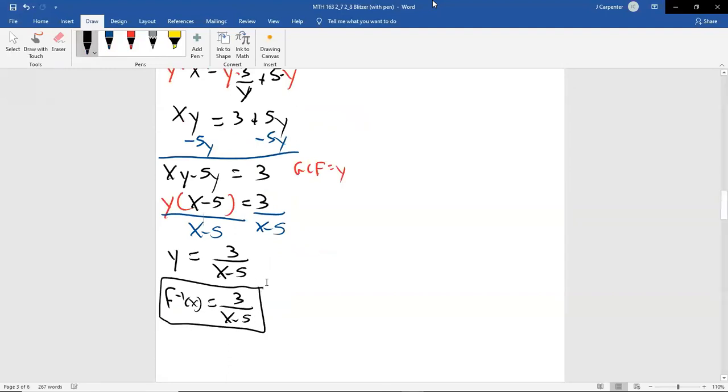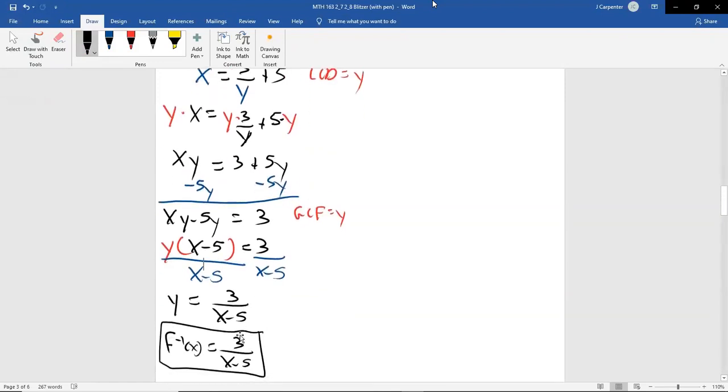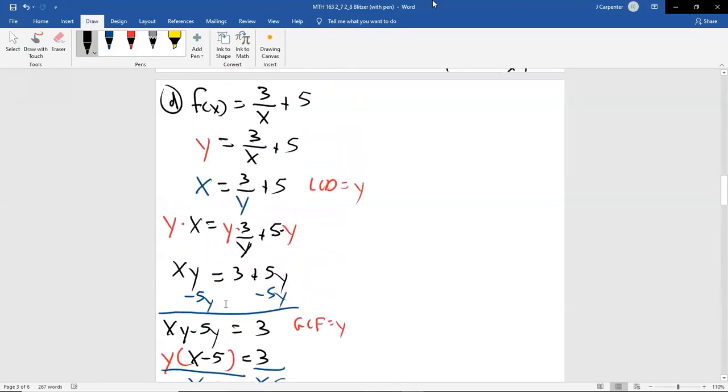The 3 and the 5 are still there. The plus turned into a minus. The 3 was on the top originally. It's still on the top. Again, it's kind of difficult to predict that. If you do thousands of these, you get to the point where you can start predicting them, but you really do need to show your work for this. Don't think you're going to get away without showing your work.